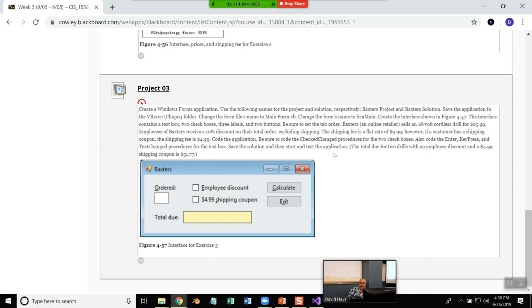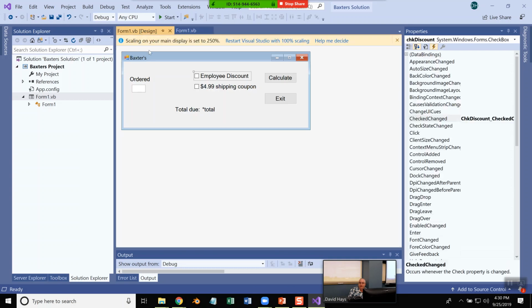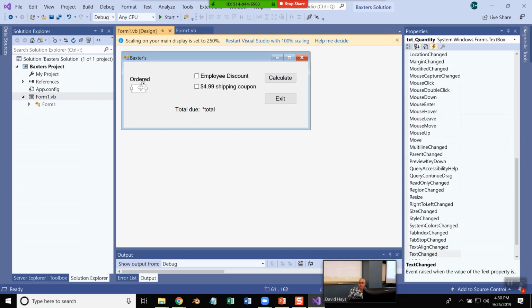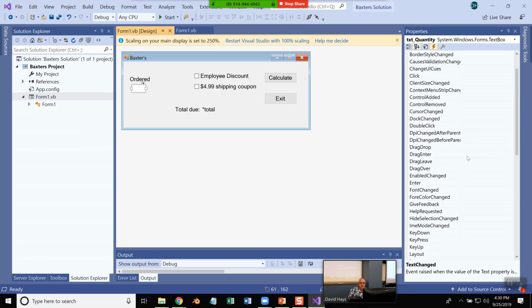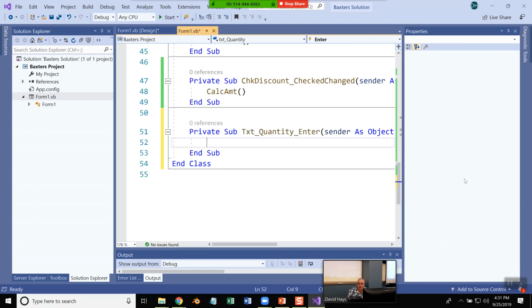Also code the enter, key press and text change procedures for the text box. Don't worry about that part. But what you're talking about is you come over here and you program these different events over here. See how there's an enter? And I would call calculate amount from there. So if I start it,